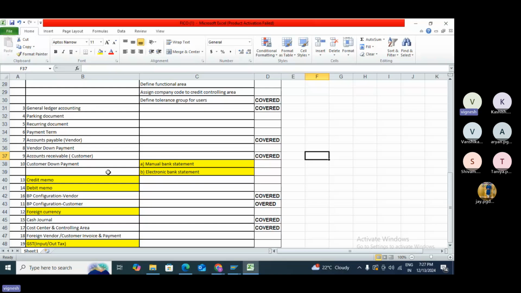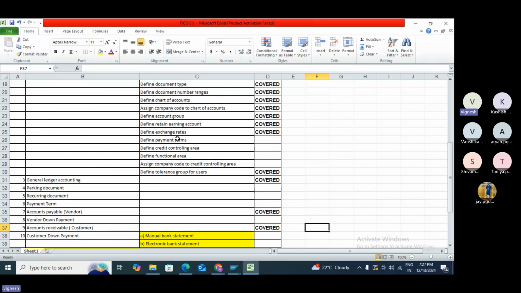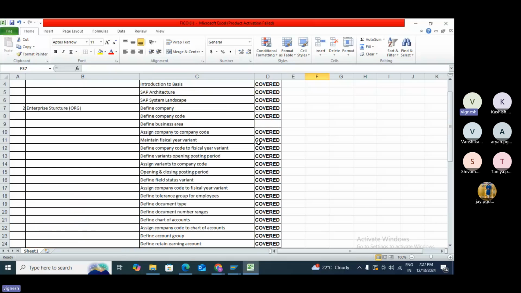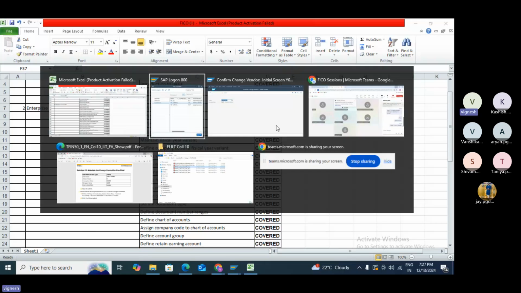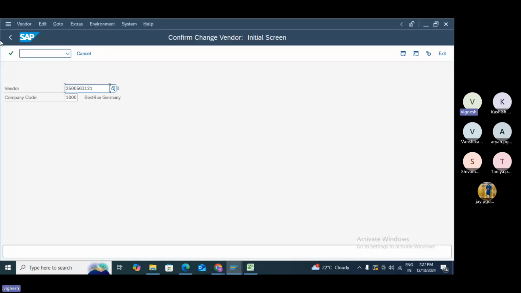So now I'm going with the business area. That is define payment terms, define credit controlling area, functional area, assign credit control area to credit controlling area to company code. So these are the things I'm going to cover now. Okay, once it is covered, then define business area. So define business area is nothing but we need to go to the